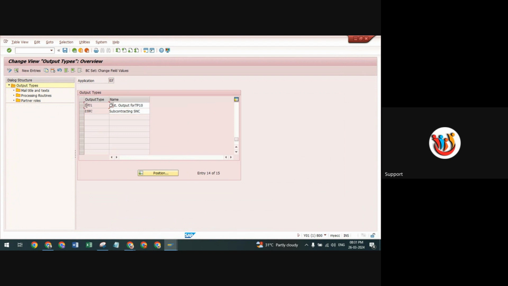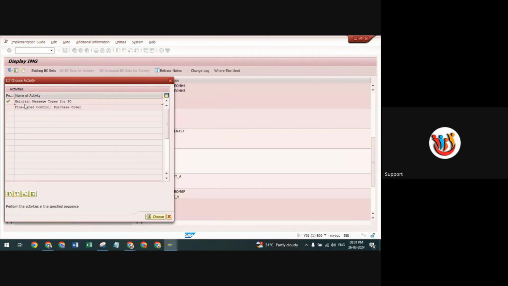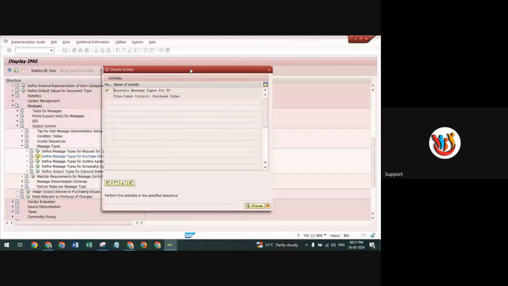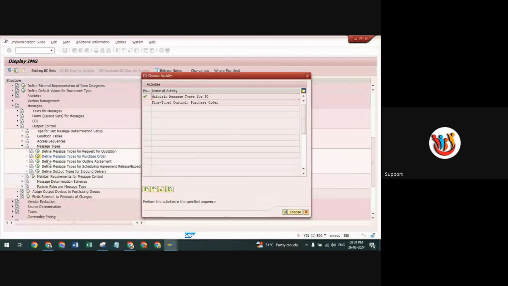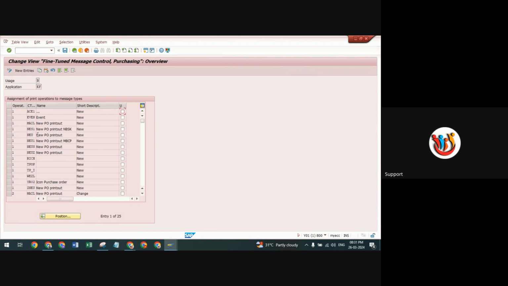Just see and customize your output type. After customization, just come back. Okay, so after customization into the message type, next you can just click on the same fine tune control purchase order. As you click on that part here on the fine tune control,